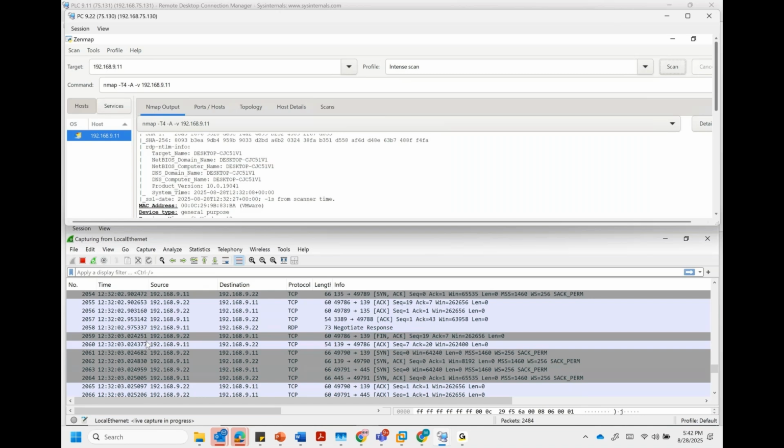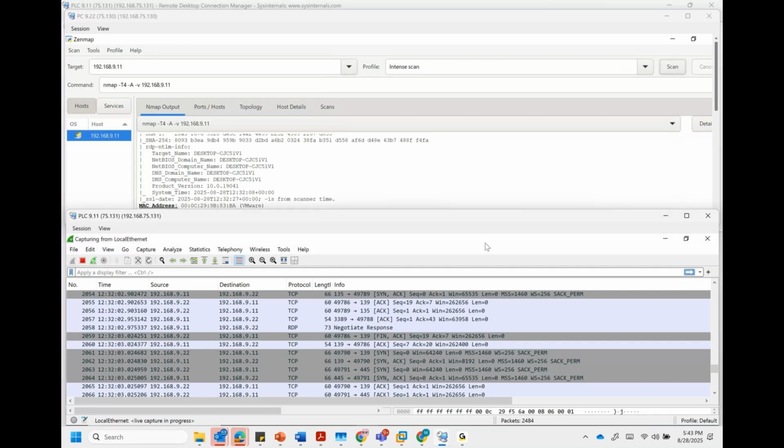So what we have shown is that a simple ping scan, the simplest form of active scanning, doesn't send so much traffic to the PLC that it could cause it to malfunction. But if we do an intense scan and send a lot of packets simultaneously, it could say, I cannot respond to so many packets, so I don't like it.